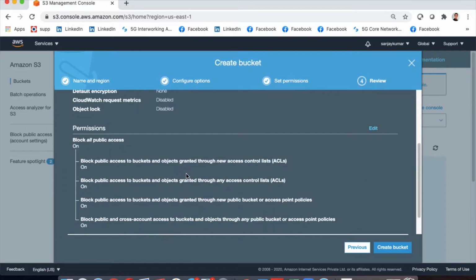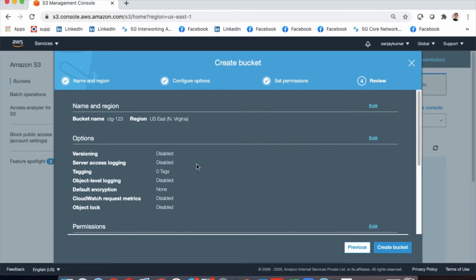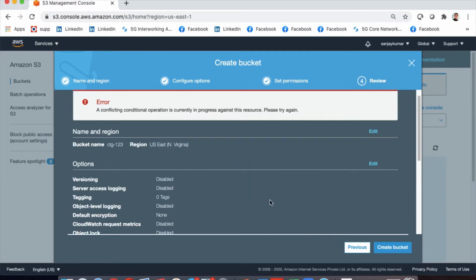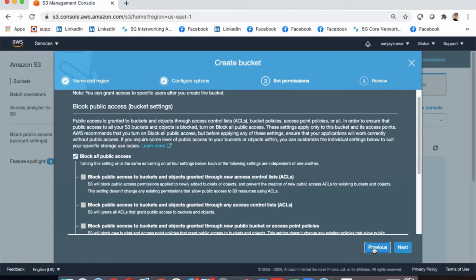Let's move forward. Now it is the review page where I will check all the details I filled. I have kept a bucket name which is CTG-123, region is US East Northern Virginia region, and I will simply go ahead and create this bucket. Okay, so let me go back.